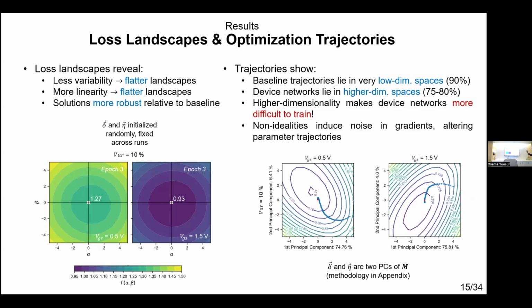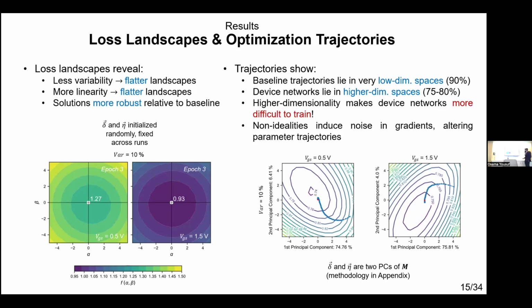trajectories. We also examined how these optimization trajectories would look across training. And I can cover the methodology in more detail if there are any questions. But the key idea here is that we were able to find insights at an empirical level as to why device networks are more difficult to train compared to software networks where there are no non-idealities. We found that the reason why this happens is because the actual gradient updates are a direct result of your device non-idealities. The more non-linear or non-ideal your devices are, the noisier your gradients would be. The noisier your gradients are, the more difficult it is for your network to arrive at its final local minima